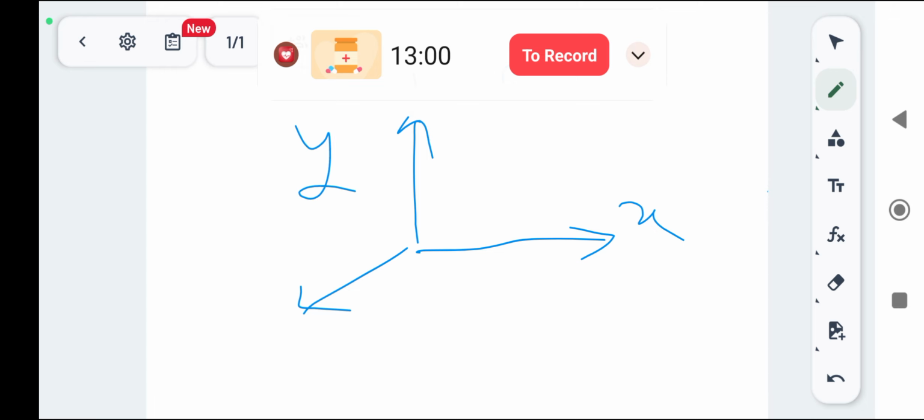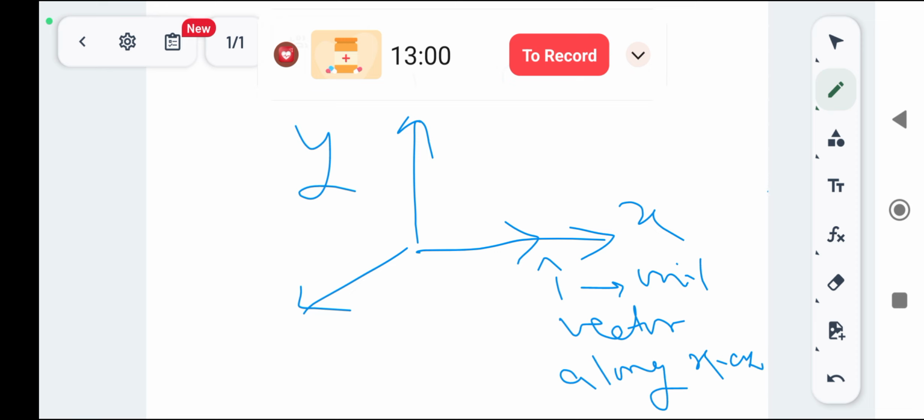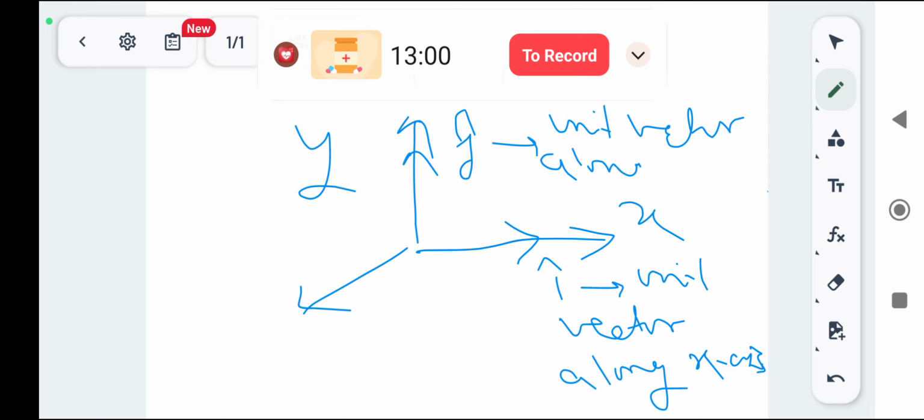The unit vector along the x-axis is represented by i. This is the unit vector along the x-axis, and this is the unit vector along the y direction,